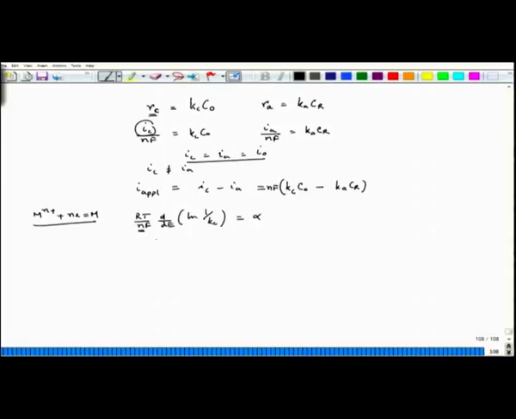Now, if I integrate this, so d ln(1/Kc) equals alpha